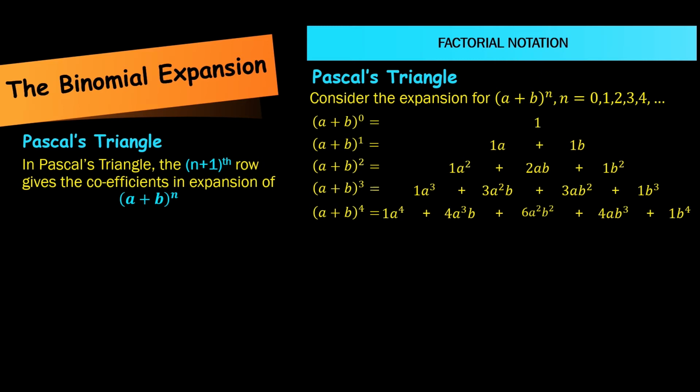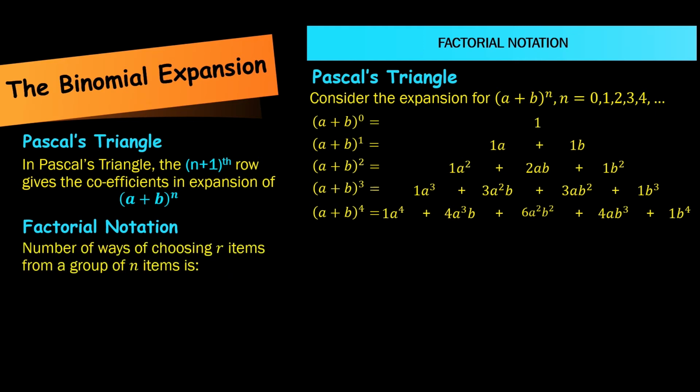Now let's have a look at what happens more generally. You'll recall that in Pascal's triangle, the n plus 1th row gives the coefficients in the expansion of a plus b to the power n. Let's see what happens in factorial notation. The number of ways of choosing r items from a group of n items is n choose r, which is equal to, in brackets, n at the top and r at the bottom, which equals n factorial all over r factorial times n minus r factorial,